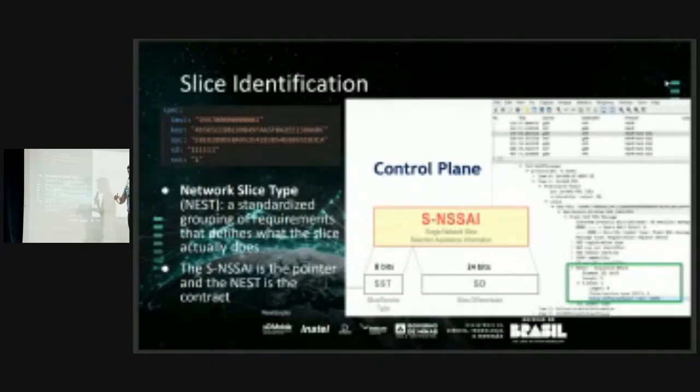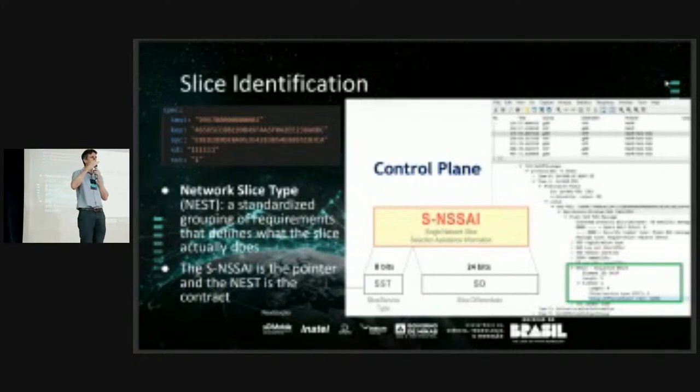But I instantiate many slices considering these 3 types. And we have 24 more bits for identification of the different slices. Okay, I have 3 types for slices, but many options for slice. The name is network slice instance.